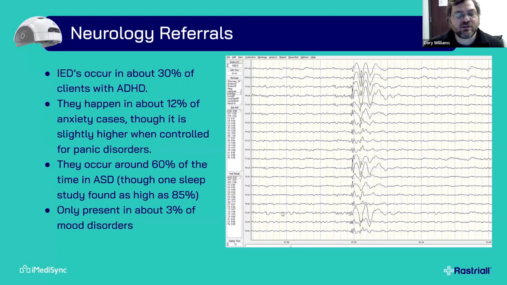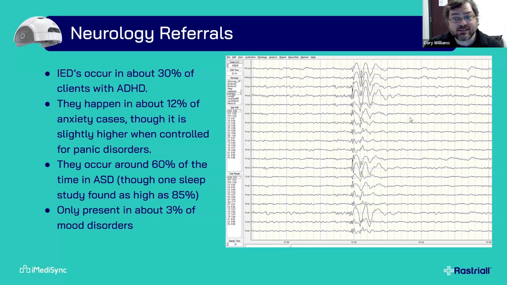Now, as I just mentioned, one of the things that we'll sometimes see in an EEG is something that requires a referral to neurology. So say, for example, an epileptiform discharge. Right? I'm not a neurologist. I don't diagnose seizures. But if I see something like this sort of spike and slow wave, I know that this is potentially indicative of a seizure disorder. And I want to send this patient to a neurologist to make sure that their brain is healthy.